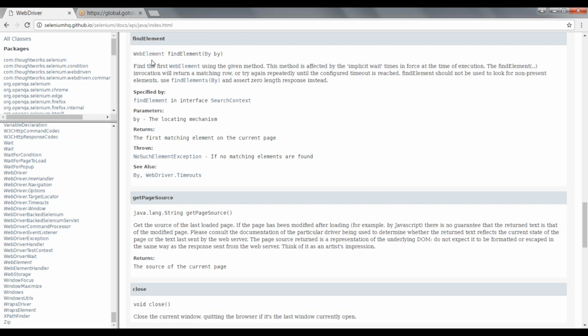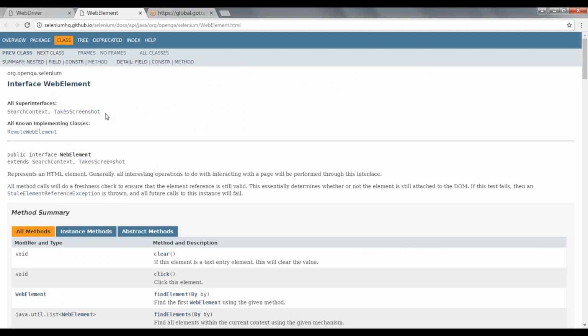So what do you mean by web element? You can see here, it returns the first matching element on the current page. If it is returning an HTML element, that should be stored in some element class or interface. That's why they have created the WebElement interface. It has super interfaces like SearchContext and TakesScreenshot. We will see that later.